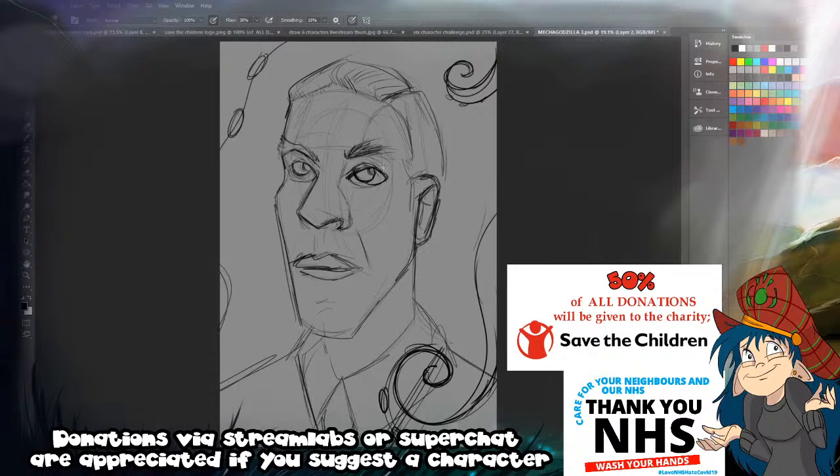How do you recommend coming up with a good simplistic OC design? Keep things simple to start off with. Don't think about their aesthetics first. Think about their age, their nationality, their likes, their dislikes, all of that kind of stuff, and then figure out their aesthetics based on that.